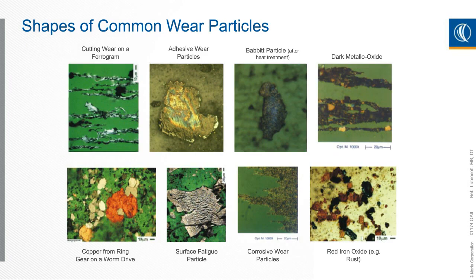And like I mentioned about looking at the shapes and sizes and textures of the particles, that can be analyzed under a microscope through analytical ferrography and other techniques, and it'll be able to tell you where that piece of wear came from, whether it's cutting wear, adhesive wear, abrasive wear, corrosive wear. The red iron oxides can mean rust, for example. All these are different clues to be able to figure out what is happening inside your machine.